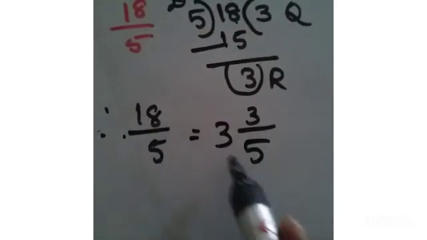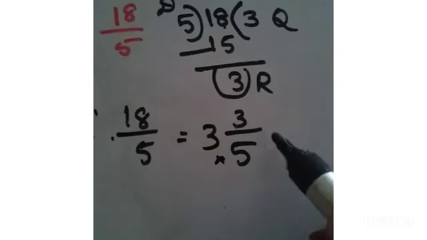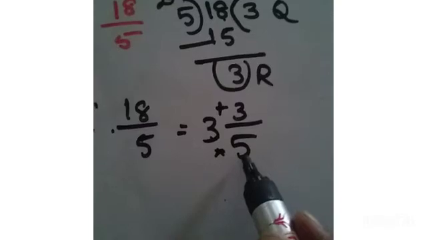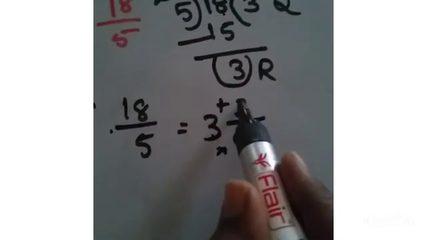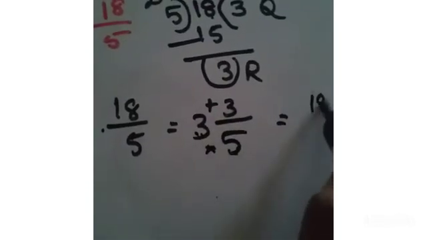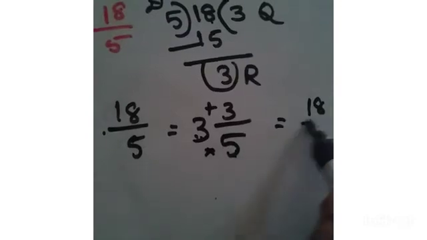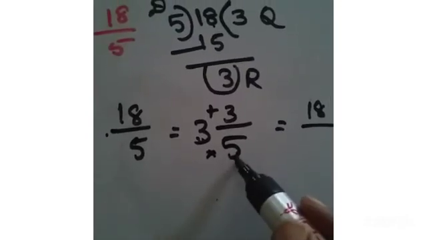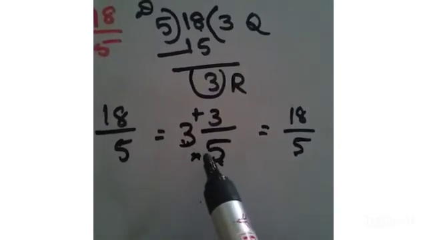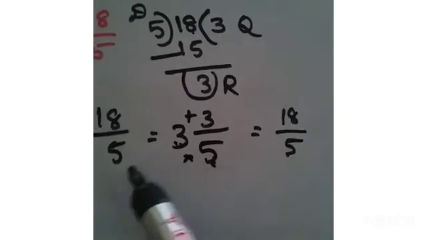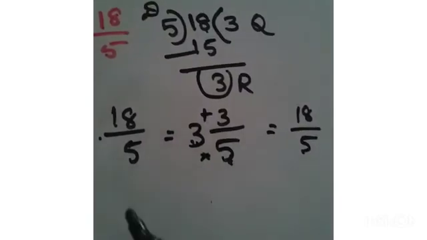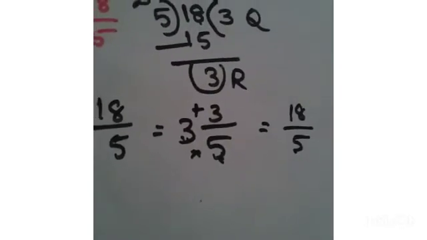Next, this is the mixed number. How to convert this again into an improper fraction? Here we have to multiply the mixed number by the denominator. Then we have to add the numerator. 3 5s are 15. 15 plus 3, 18. Again we have to write the denominator that is there. So write it like this. This is the process of converting a mixed fraction into an improper fraction. Here both are the same, no? That's why we have to write it like this. Okay. Next we have to go to another Roman.